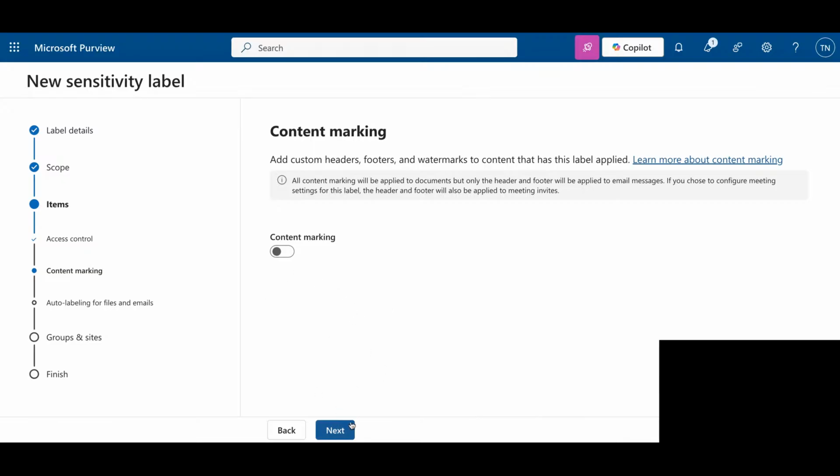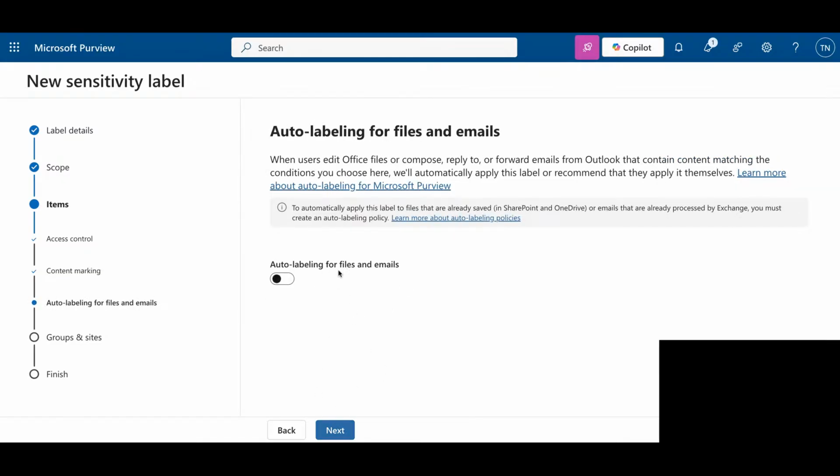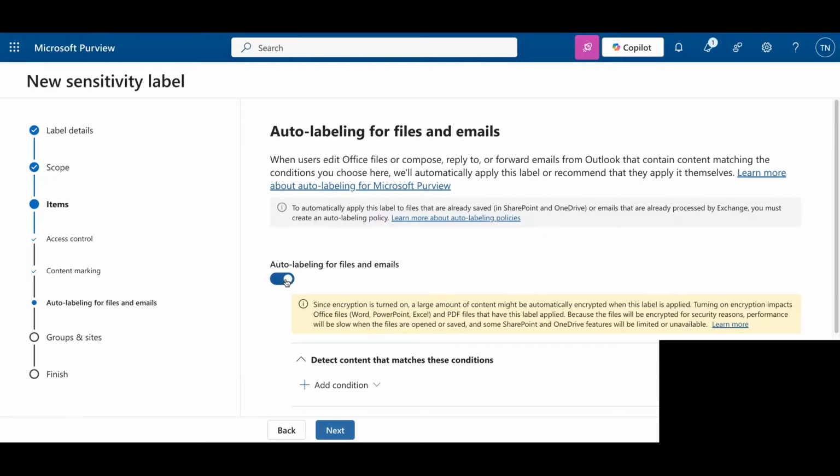Okay, this one I'll leave as is. I'll say next. Okay, here, auto-labeling for files and emails. Here you must choose whether you want auto-labeling or you want users to manually choose a label. For now, I want auto-labeling. I want Microsoft to detect the content, all the information in the files and emails, and then assign the label itself, not the user doing it manually. So I'm going to turn this on,